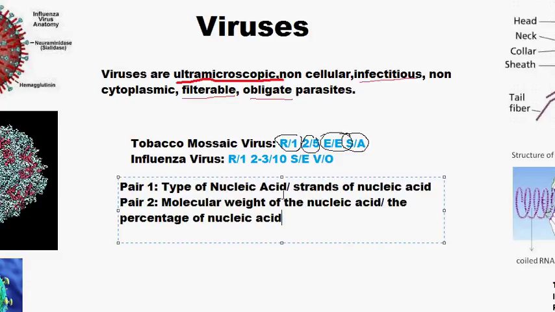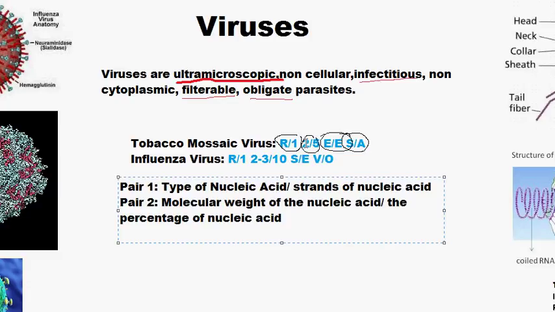If we take one adenine, we will get nearby 100. And there are so many adenines, so many guanines. When we add them all up, we will get somewhat millions of weight. The weight will be in millions. So that weight is represented by the first part of the second pair. So this 2 refers that the nucleic acid present in the tobacco mosaic virus is weighing 2 millions in molecular weight, and it is not exactly 2 millions, it is approximately 2 millions, as you may know.